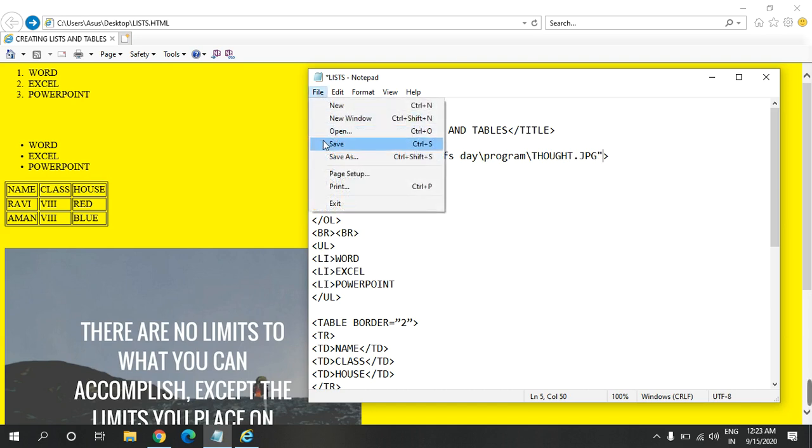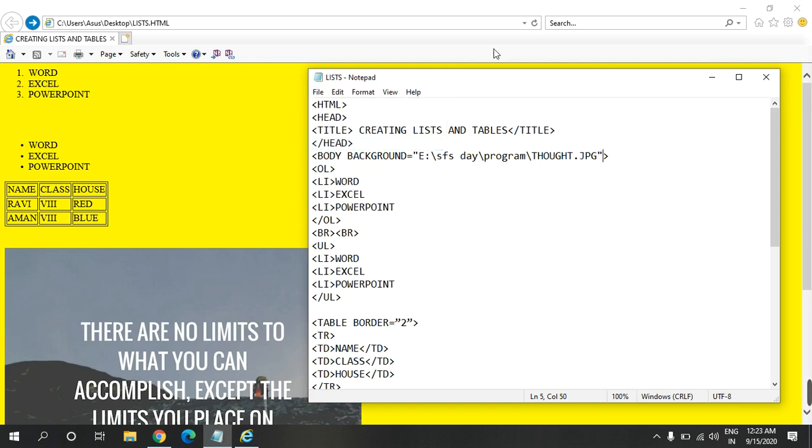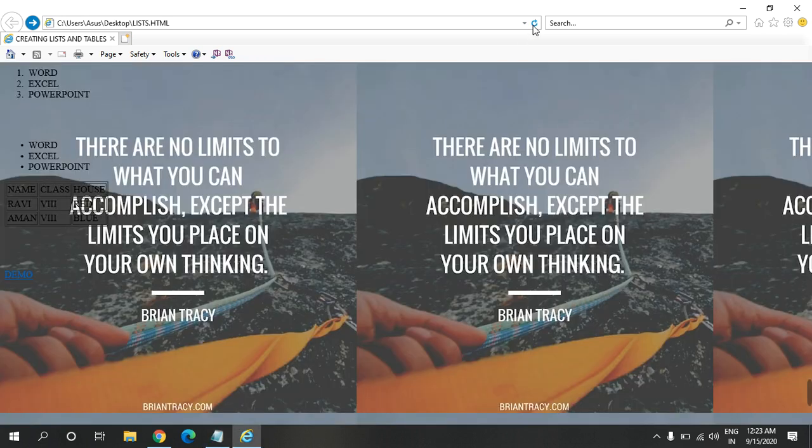Now save it again, come to the web page and refresh it. Now you may see that the image that we had inserted is displayed at the background of the web page. Because the image is small, that is why it is repeated at the background. Okay, thank you.